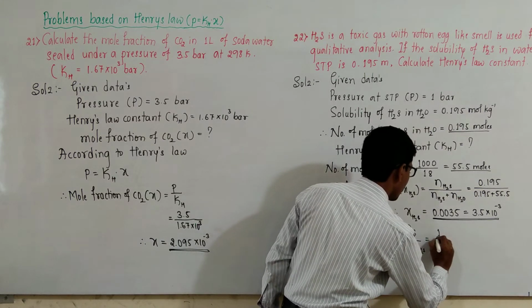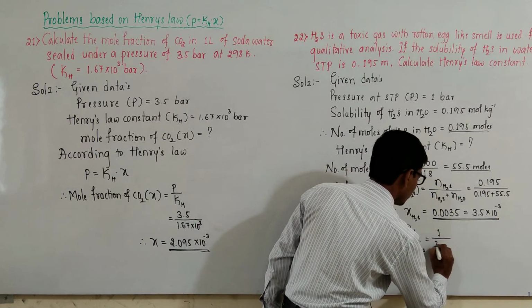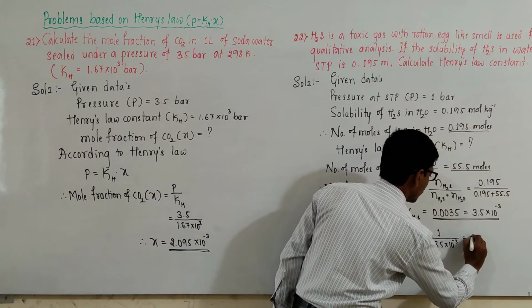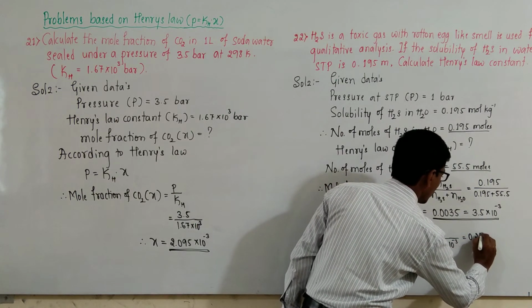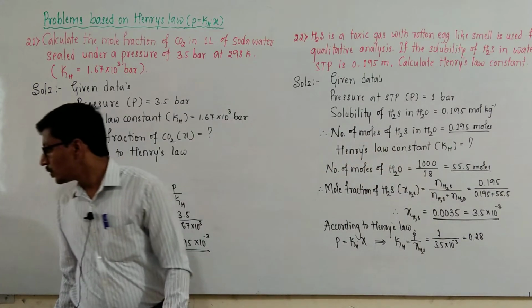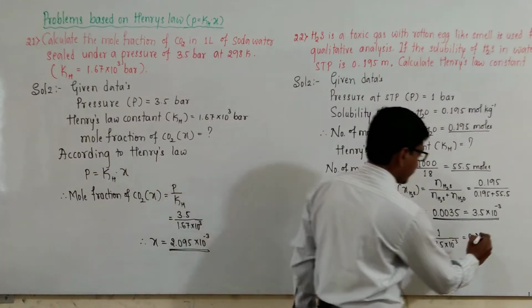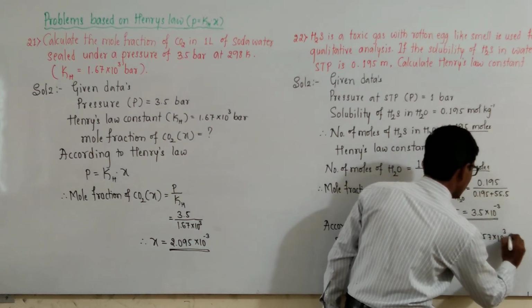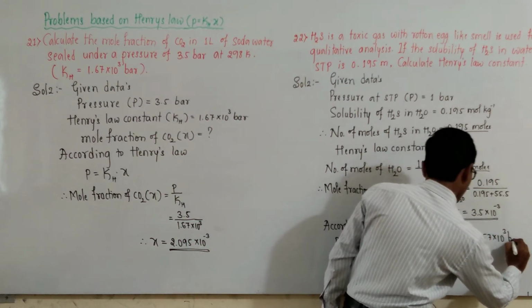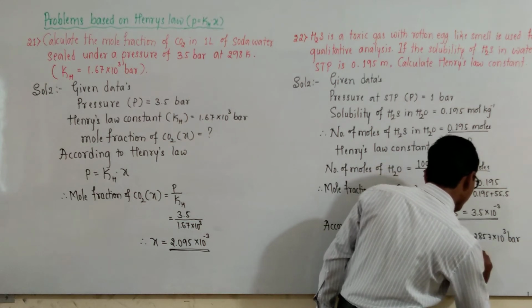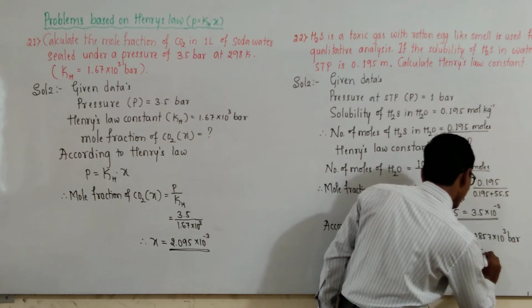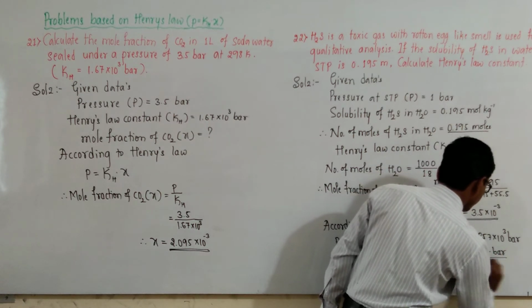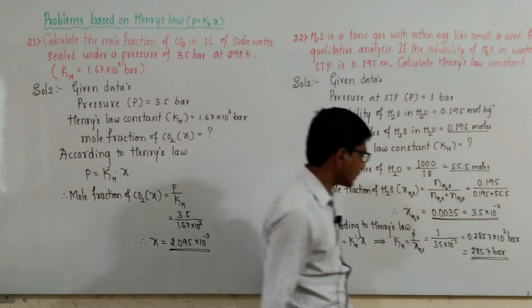P is 1 divided by 3.5 into 10 raised to minus 3. This is equal to 0.2857 into 10 raised to 3 bar, or 285.7 bar. This is the answer for